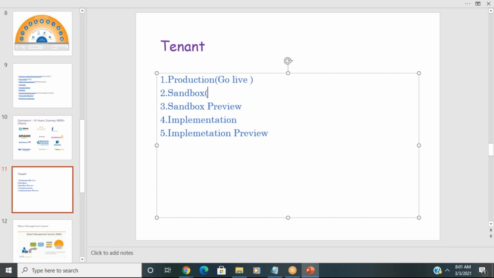The sandbox tenant gets refreshed every week, Monday to Friday. For example, it will get refreshed on Saturday, Friday night in US time. If you hired some 10 employees from Monday to Friday, then Friday night in US time, Indian time Saturday morning 6:30 to evening 6:30, it will get refreshed. If you log in to the sandbox tenant after Saturday evening 6:30, you can see those 10 employees' data in sandbox. The sandbox has the latest production copy.